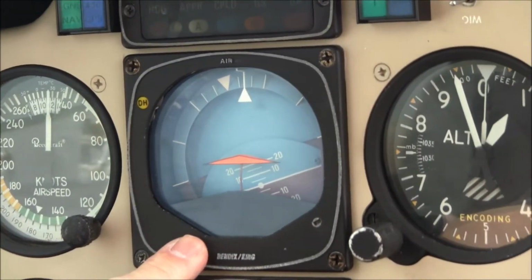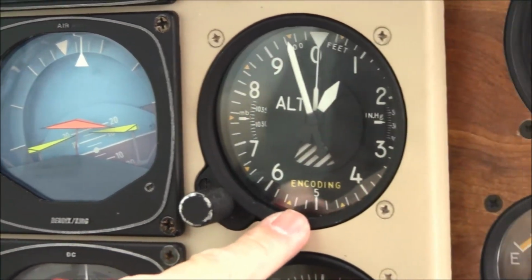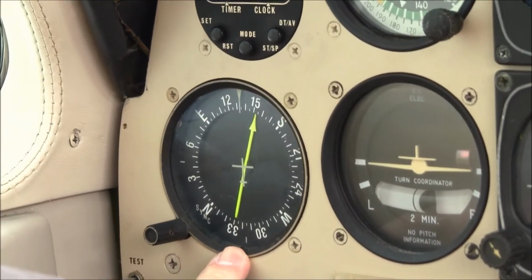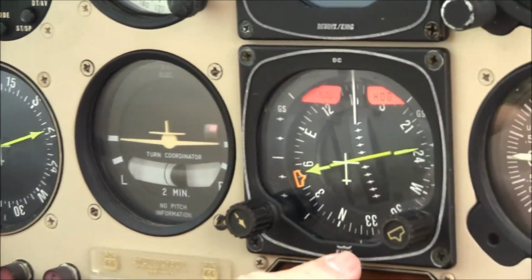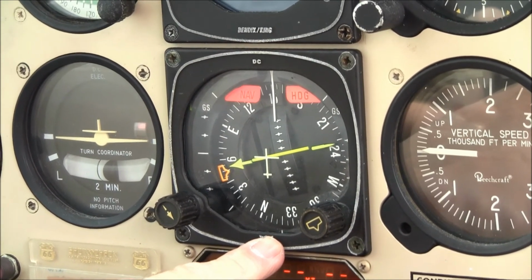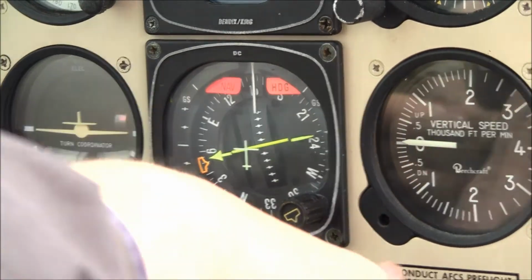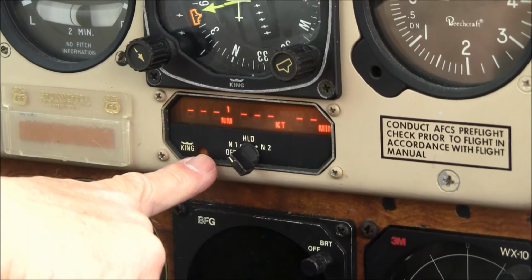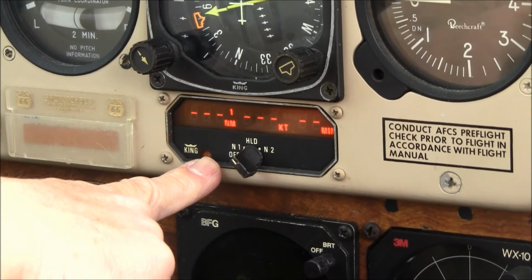And then we have your artificial horizon, and this has a flight director that you'll see coming up, and an encoding altimeter. On the second row, we have a slaved ADF indicator, a 2-minute turn coordinator, and this is your King KCS 55A slaved HSI, which houses your #1 nav and your #1 GPS. This is your vertical speed indicator, and down here it has a King KN63 DME with DME switching and DME